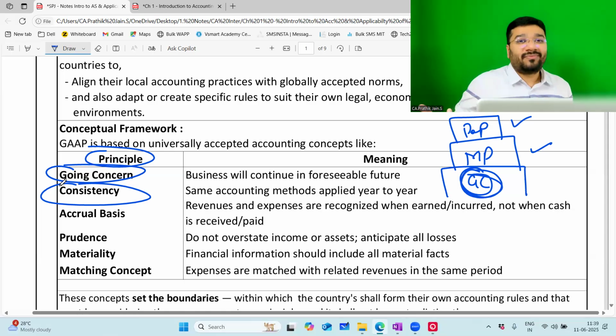The answer is no. So whatever accounting method you're following, follow it consistently. You can change it, but not frequently. And even if you change, there should be a strong reason why you are changing it. As long as you're able to provide a reason, because of this reason only I'm changing my accounting structures or standards, then people might accept it. You can't change just because you want to change. Just because today you don't have the mood to follow the WDV method, that's why I'm going to the SLM method. You cannot do accounting based on your moods.